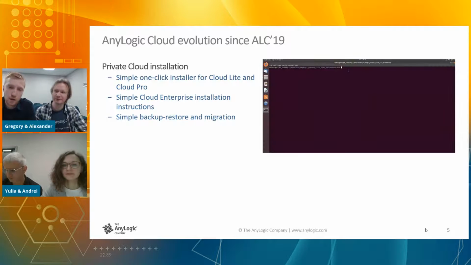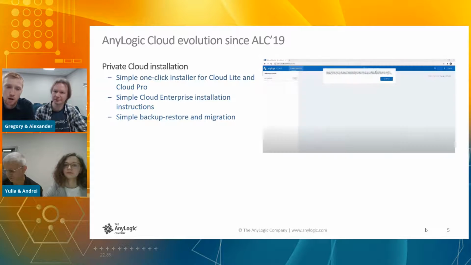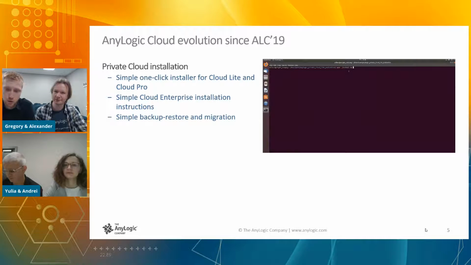It is literally one click, because you need to execute only one command. As for Cloud Enterprise, it is still more complicated than one click because many servers are involved in the installation, but it is also relatively simple. A casual model developer is able to install Cloud Lite, Pro, and Cloud Enterprise.